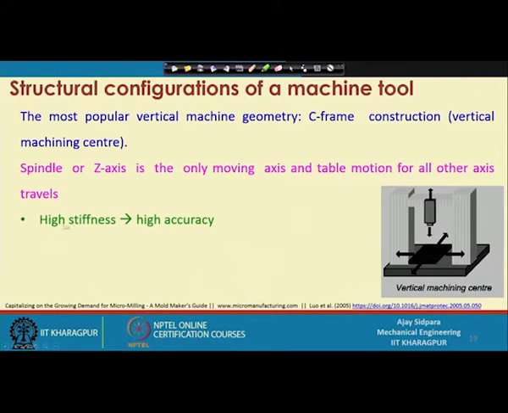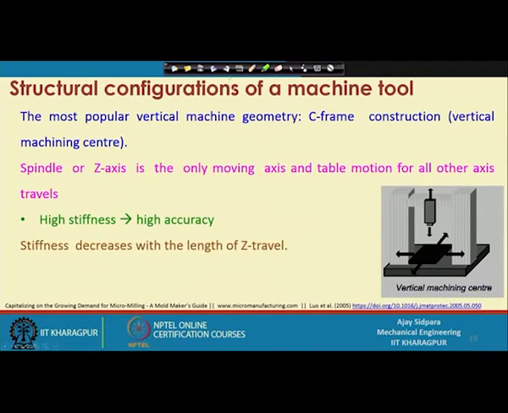So, what is the advantage? Advantage is high stiffness and high accuracy, because if your stiffness is very high, we know that your machine tool structure will not deform, and then rest of the things is depending on the encoder and the position movement, whatever we are using, that we have seen in the resolution part, that depends on them, that what you are selecting for that. But because of this high resolution and end up with the high accuracy, and this is the way this structure is very important.